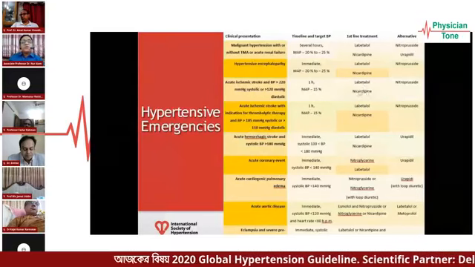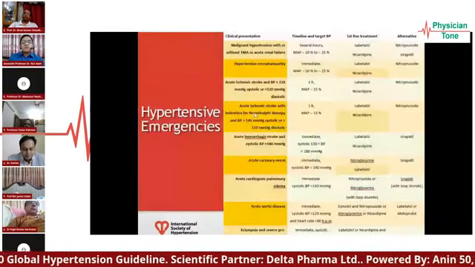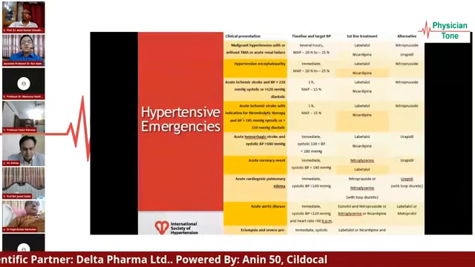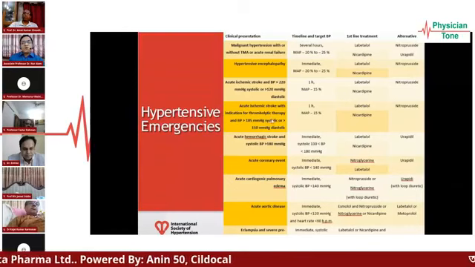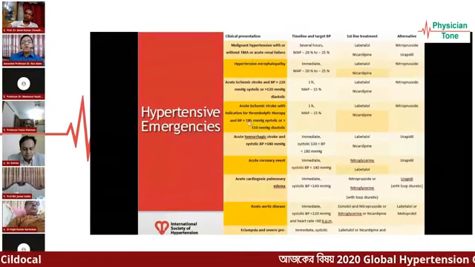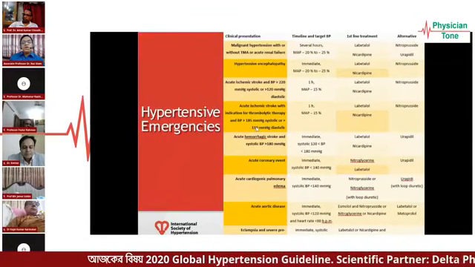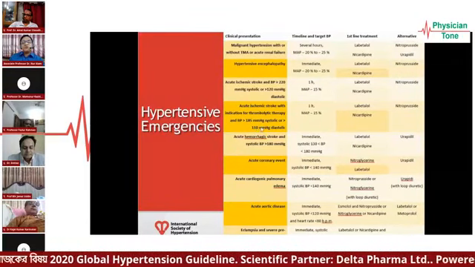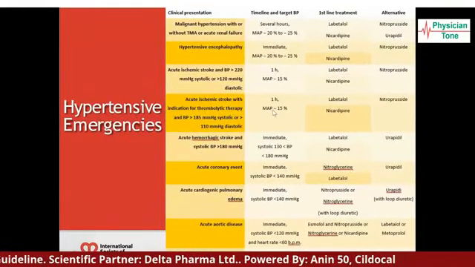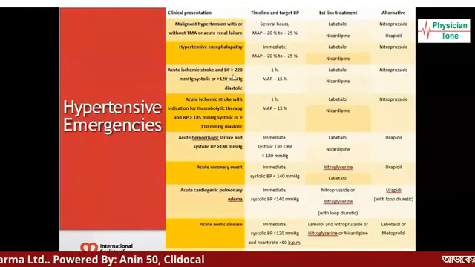But if the acute ischemic stroke patient has an indication for thrombolysis, then we treat blood pressure at a lower level, more than 185 or 110 millimeters of mercury. If blood pressure is more than 185 over 110 and the patient has an indication for thrombolysis, then we can lower the blood pressure. Otherwise, in an ischemic stroke patient, the threshold to start antihypertensive therapy is higher, more than 220 or 120 millimeters of